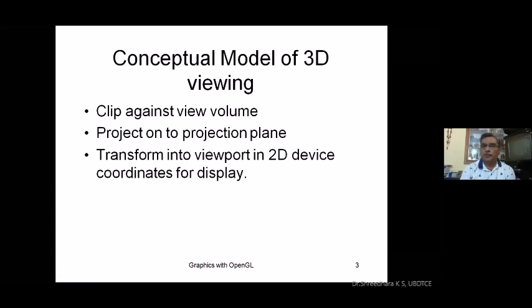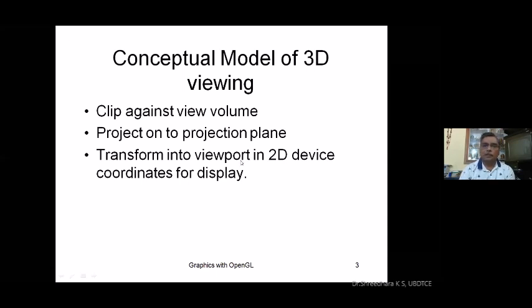Whenever you tilt your head to some other position, you can see another part. The remaining part automatically clips off from your viewing volume. That is the meaning of the first step. Only the observed data will be projected to our eye and transformed into the viewport in a 2D device. With the two eyes God gave us, we can observe the 3D effect.